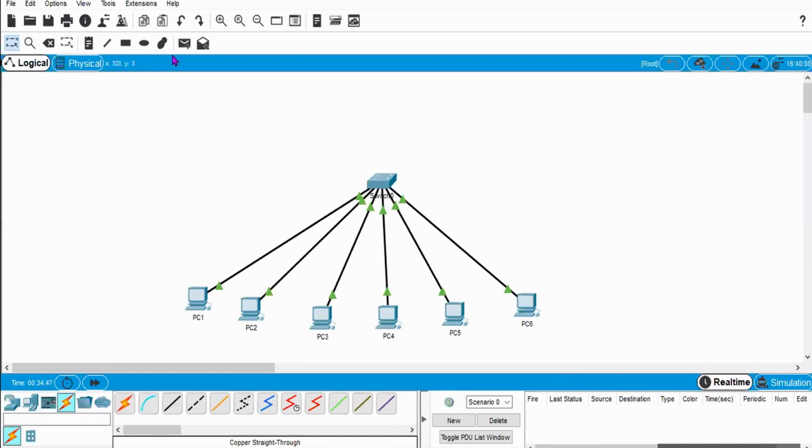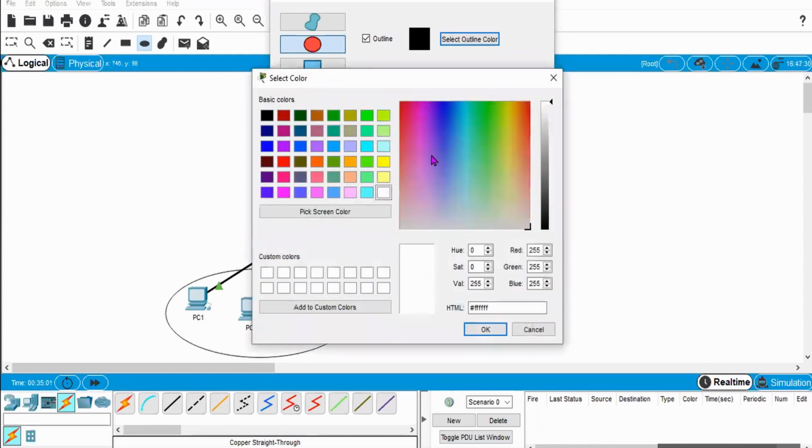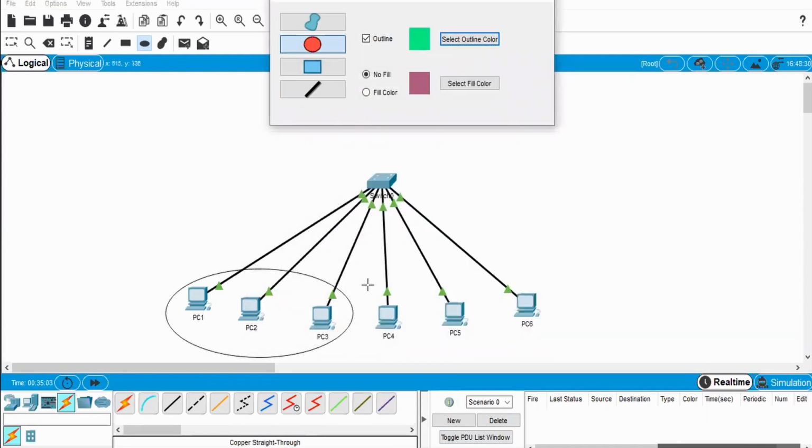But suppose now I want to assign these three PCs as a marketing department, and these three PCs as the sales department.